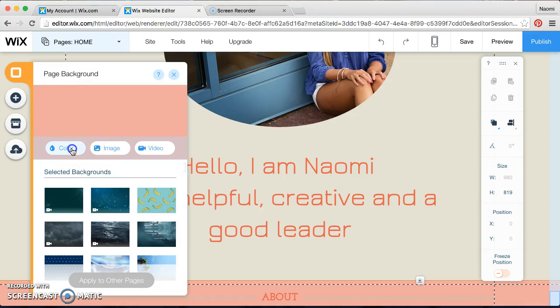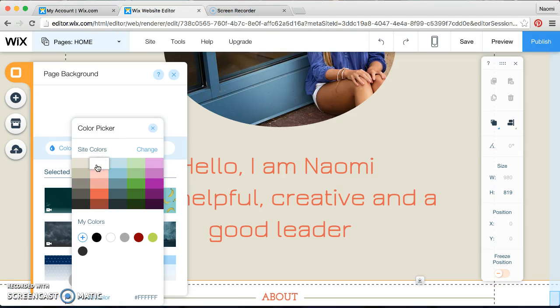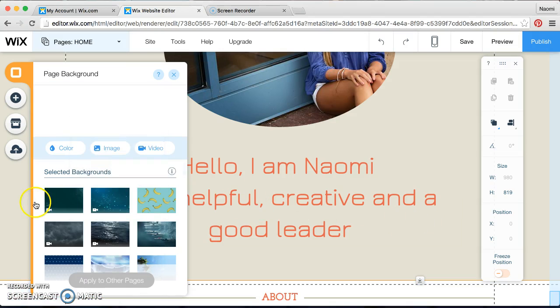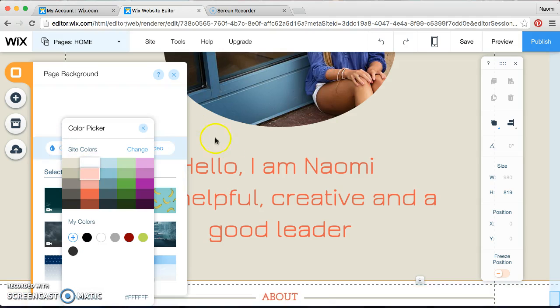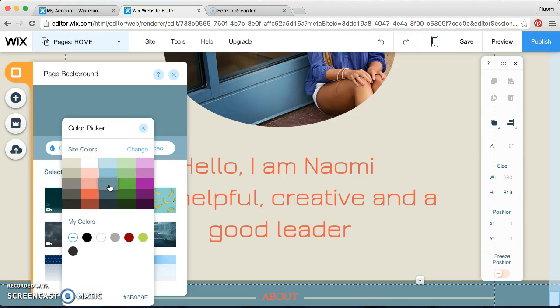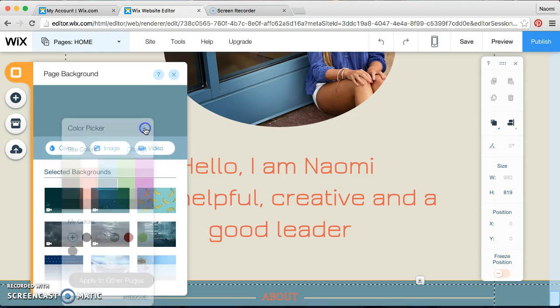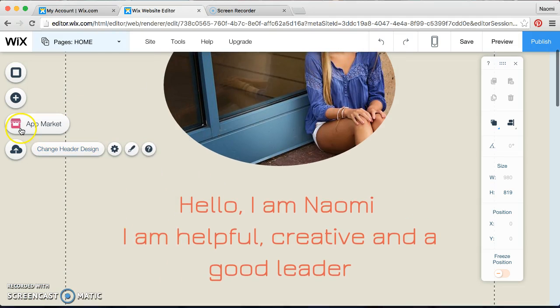Background, color, and that changes it down here because you have that selected. And you also can make it an image if you want, but that might be too distracting. So I'm going to change it there, and you can just go in and change all the font. Now over here,